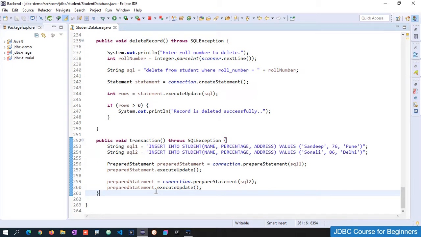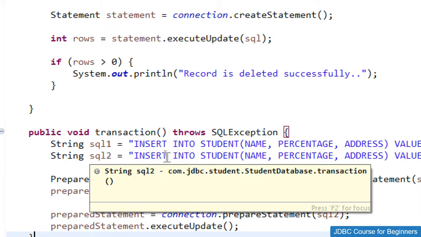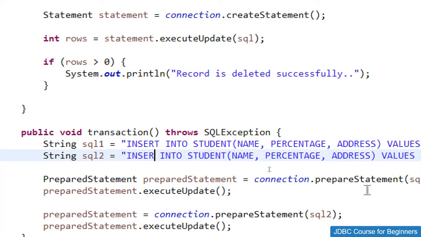So over here we are trying to perform these operations in parallel, and now let me explain a real-life example. So over here let me make some mistake in these queries. So instead of this insert, let me make some typo over here and remove this one.